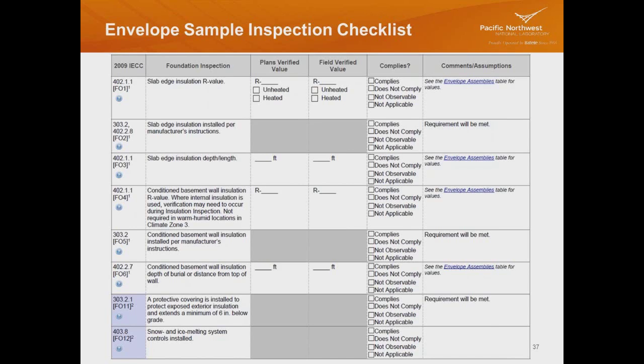Then the other columns are really for the plan reviewer and the field inspector. I have been asked that question as well: am I supposed to fill those out? No. In REScheck, you'll go under the requirements tab and you'll confirm you're going to meet the measures. But once you create this inspection checklist report, the rest of this is done at the building department and out